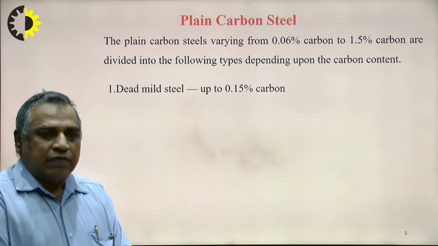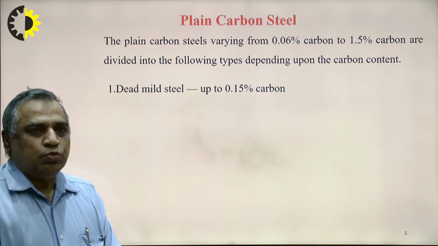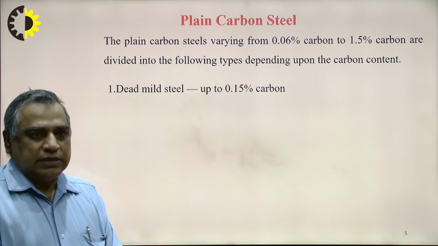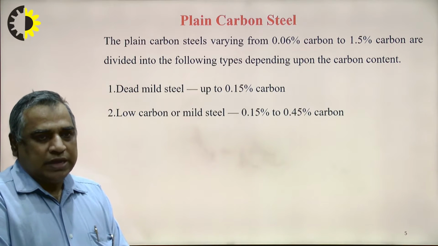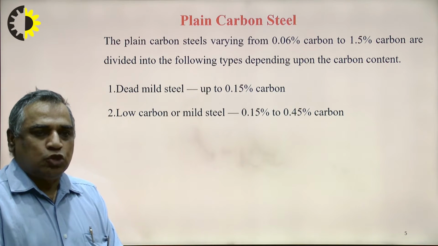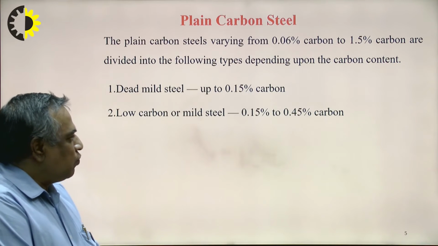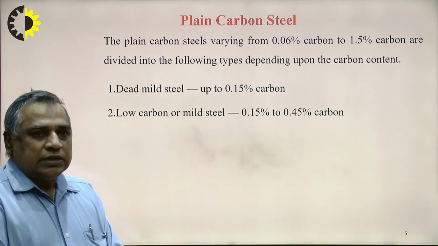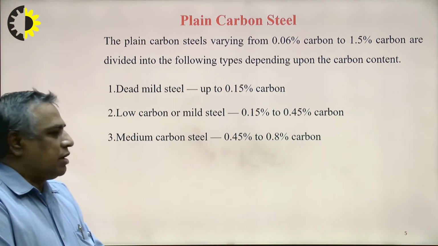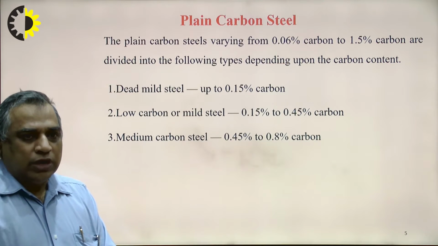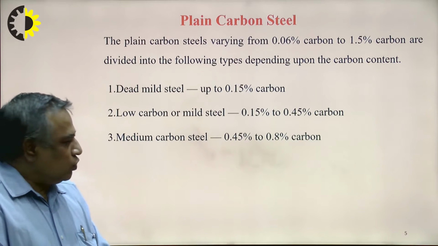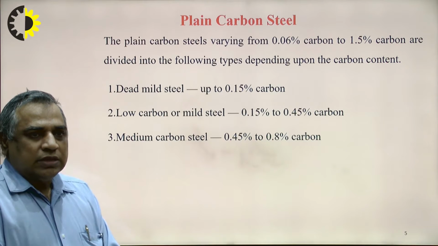If the average carbon percentage in the steel is up to 0.15%, then this steel is called dead mild steel. Low carbon or mild steel has an average carbon percentage between 0.15% and 0.45%. Then this is medium carbon steel. If the average percentage content in the steel lies between 0.45 and 0.8%, then this is called the medium carbon